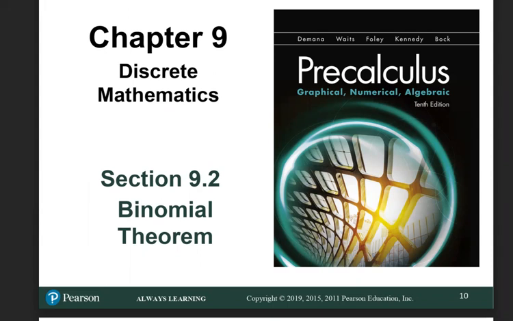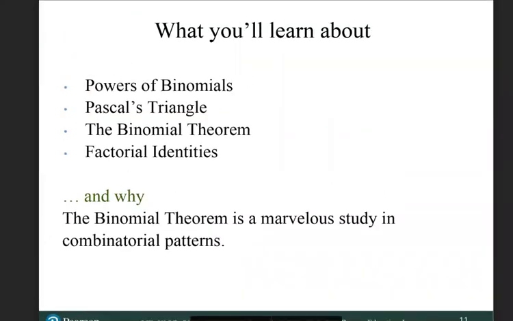Okay, so what we're going to look at: powers of binomials, which is a review; Pascal's triangle, which is a review; the binomial theorem that we're going to formally state; and then a couple of factorial identities. The binomial theorem is a marvelous study in combinatorial patterns. This is a super intricate and interesting way of applying the combinations that we learned in the last section